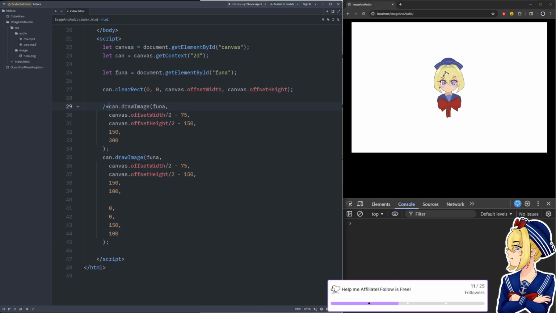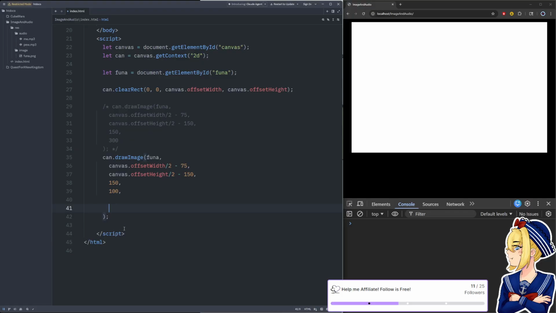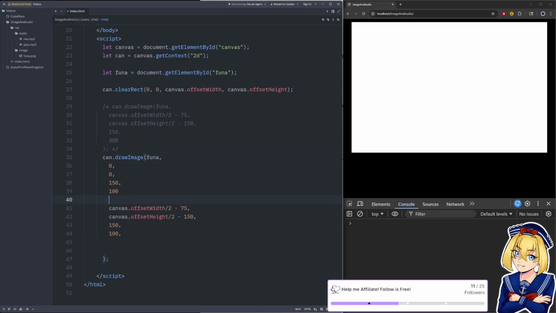If we comment this first one out, did I do that wrong? No way, that's wrong, right? Okay, it's just not highlighting for me. All right, if we refresh, she's completely gone, which makes me cry because that means it doesn't work the way that I thought it did. Oh. These are opposite. Okay. That makes more sense.